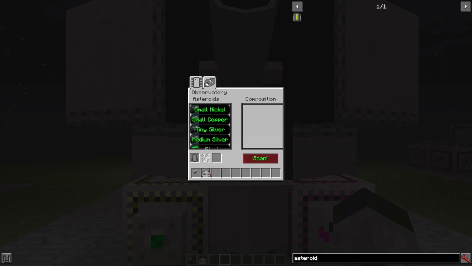And unfortunately, the UI for me is a little messed up and I can't see what this one is. But I can see it's got some aluminum and it's got some zinc in there. So I've got some idea. And there's very little of each, so this is probably small. If I click on the medium silver one, it's a bit bigger. Small nickel, so I've got some nickel, I've got some iron, I've got a little bit of iridium, so that's actually kind of tempting, right? Iridium's pretty rare. Small copper, tiny silver,